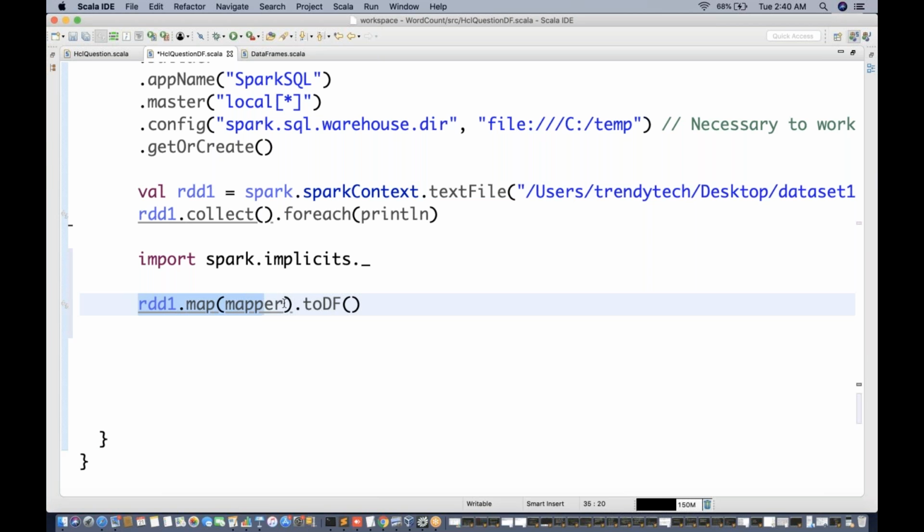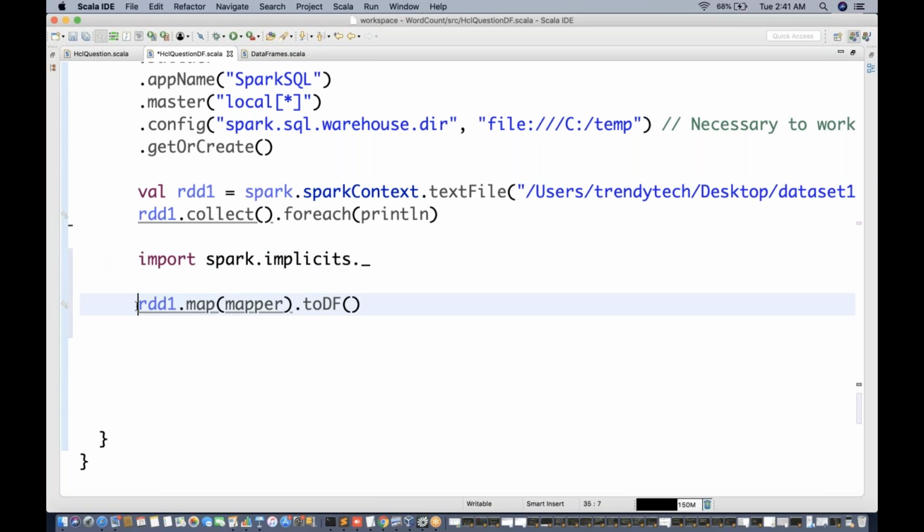After we applied a map transformation, we got a structured RDD and then we converted it to a data frame. So remember, if you really want to call toDF, you should import spark dot implicits dot underscore. Underscore is like star.